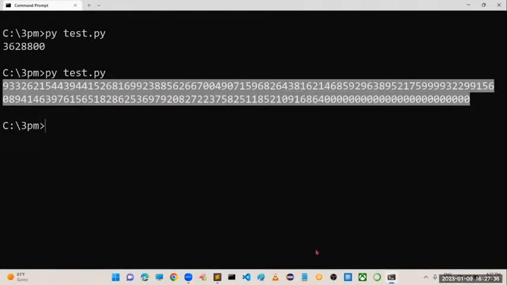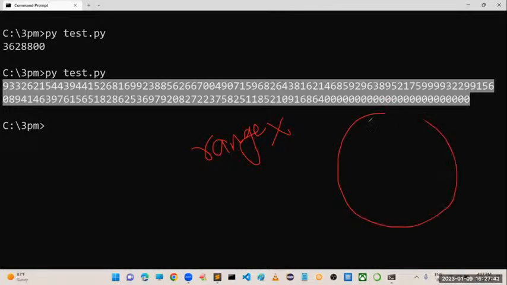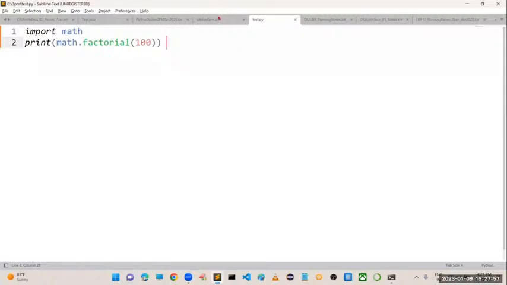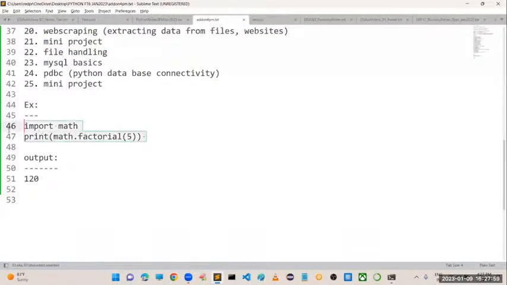Because, sir, there is no range concept in Python. Everything will be treated as a Python object, so object memory allocation will be there. Content can be anything. There is no particular limitation on the range. Okay, so I hope you people got this first Python program in a very clear manner. Sir, can you please confirm, is the concept clear?